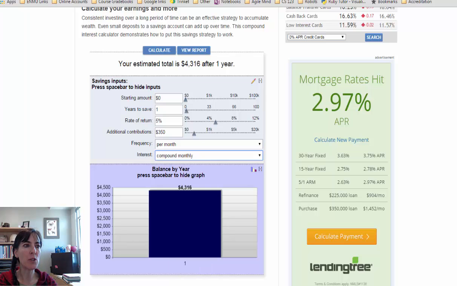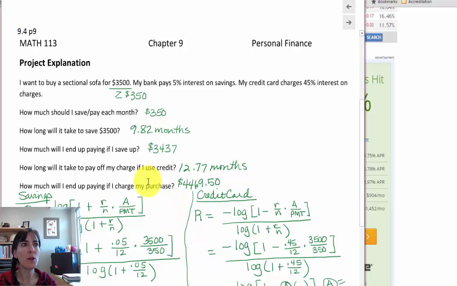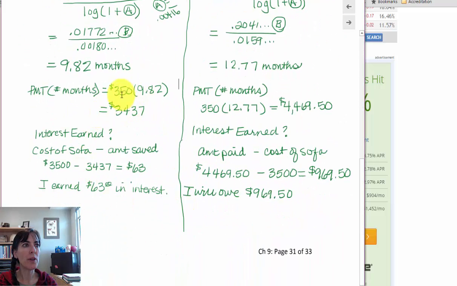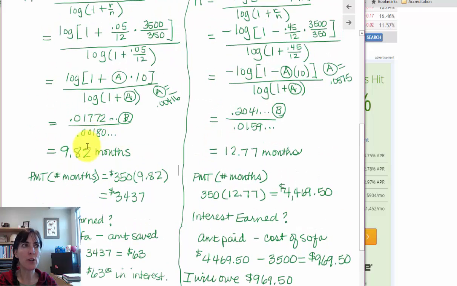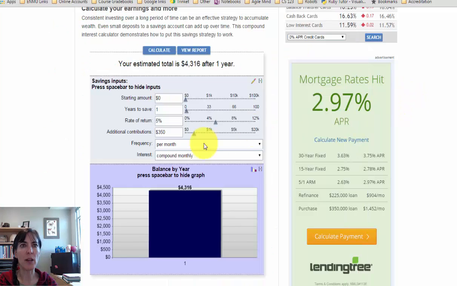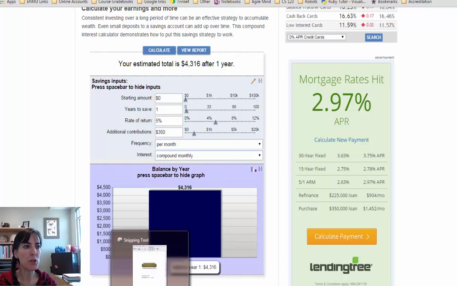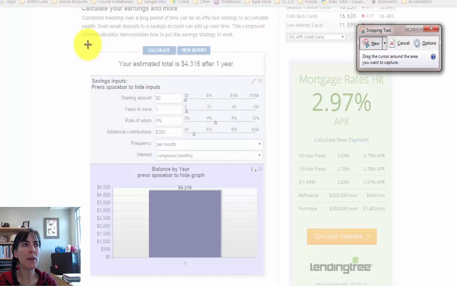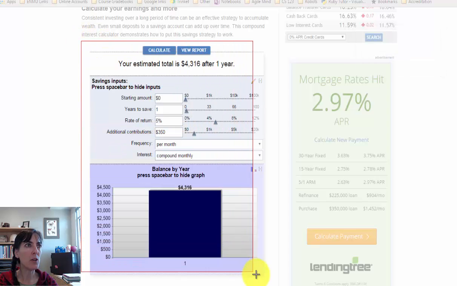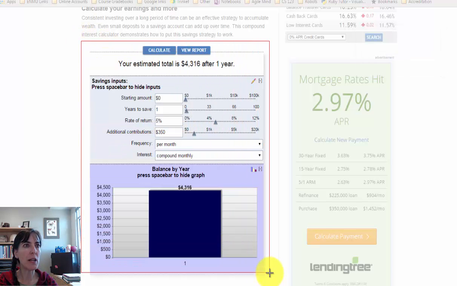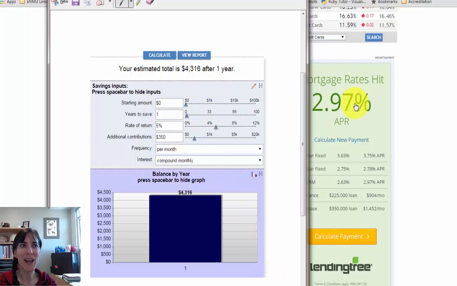And like I said, it's a ballpark. So when I compare to the work that I did for the account, I thought it was going to be 9.82 months, and I would have paid in $3,500 at that point. For 12 months, it does kind of make sense that it would be higher than $3,500, $4,316. So what I would do now is use my snipping tool and say New, and then I'll just select enough of this so that I can prove that I completed this task, and go back to my report